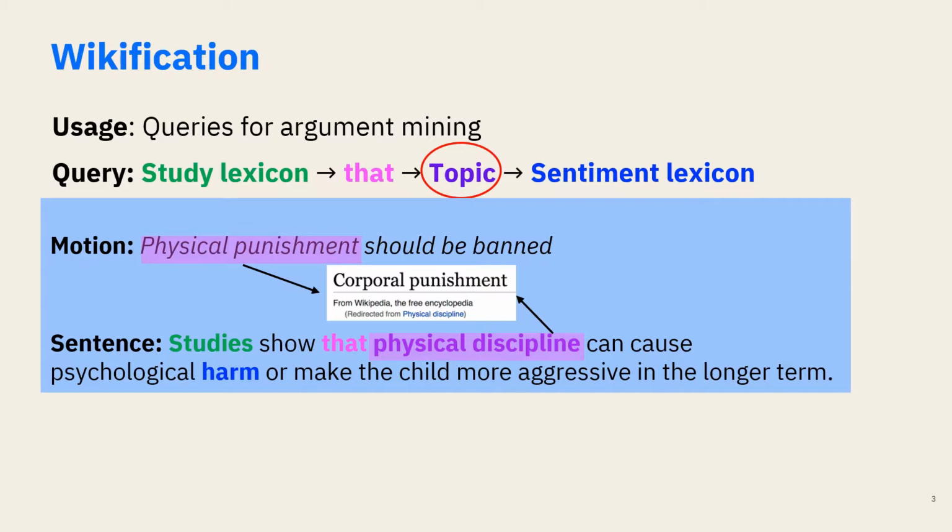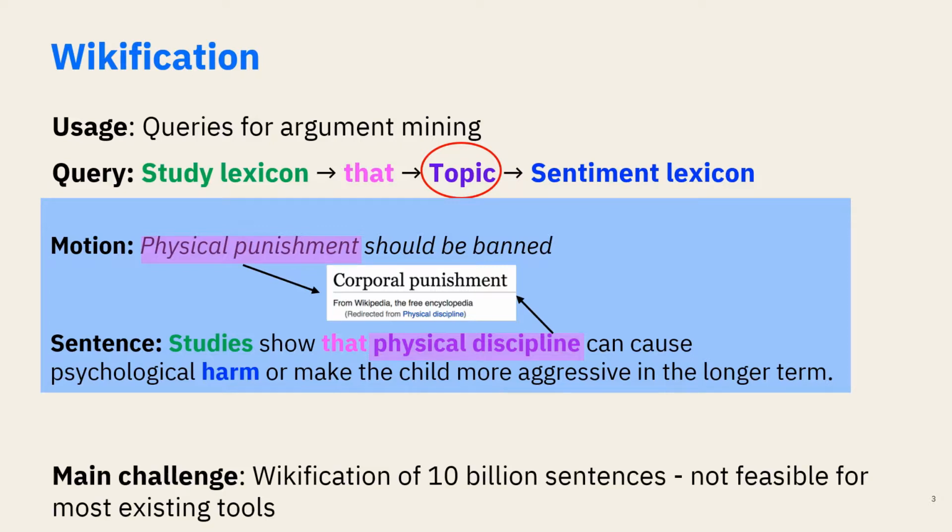Thanks to the wikification tool, the system retrieved this relevant argument among the query results. Without wikification, the amount and coverage of the extracted arguments would probably be much smaller. But in order to use wikification in the query-based retrieval process, it is necessary to wikify the entire corpus, 10 billion sentences. This is not feasible for most existing wikification tools, which rely on expensive context-based algorithms for performing the